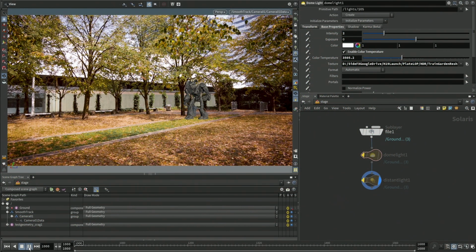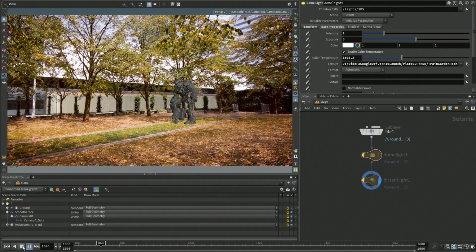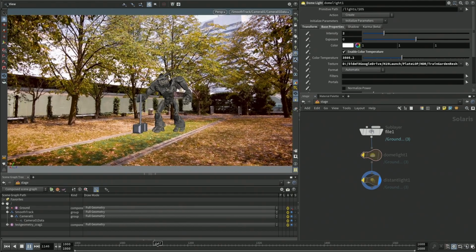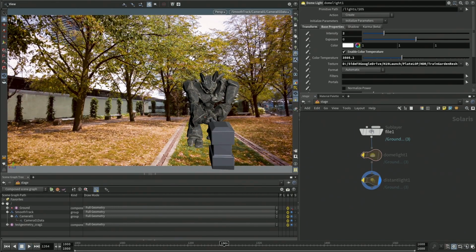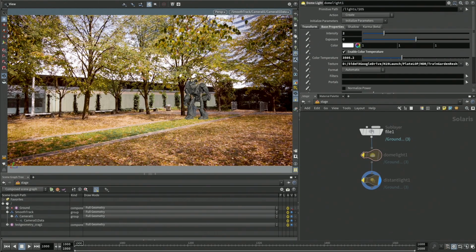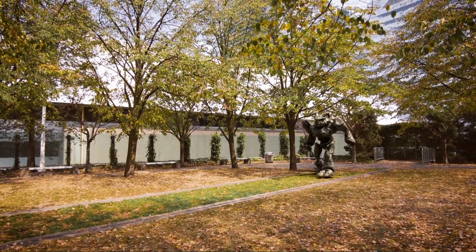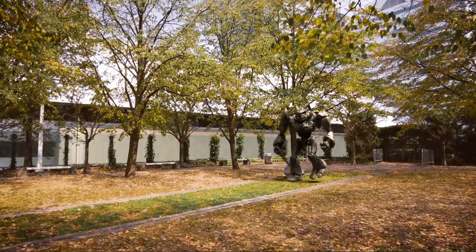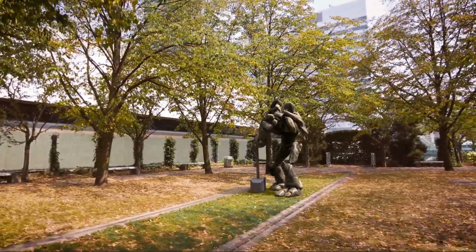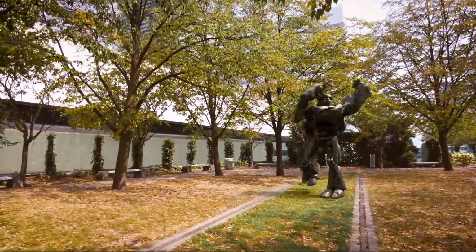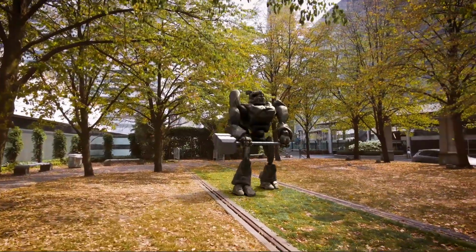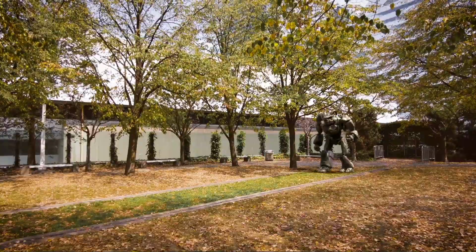We've also added the ability to integrate a background plate with Solaris. This is an example of a viewport in Solaris. So the character is interacting with the background plate, and the plate has been projected onto the geometry.